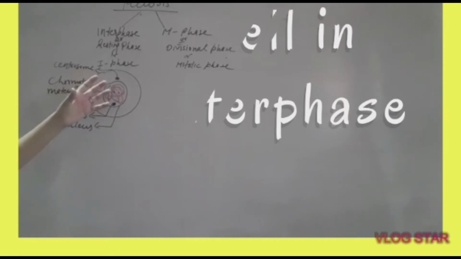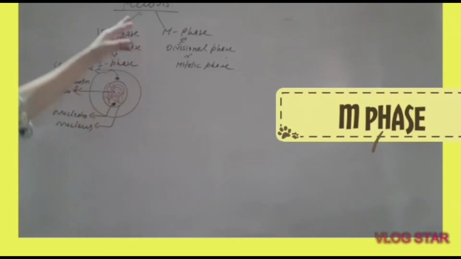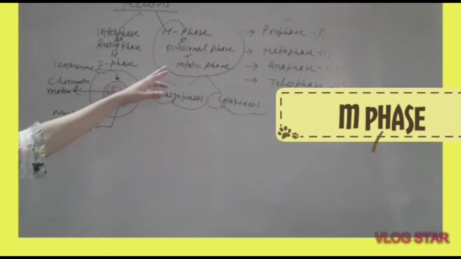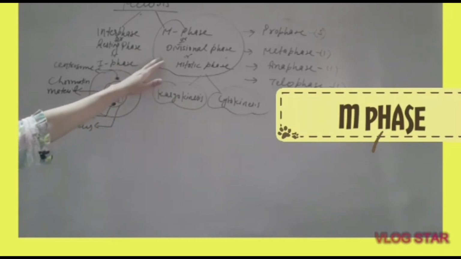How does it prepare? It grows in size, duplicates the DNA and synthesizes RNAs and some proteins, amino acids. Then after completing the interphase, it now enters into the M phase. And M phase in meiosis has several further steps. M phase further gets completed in two steps. In M phase, the cell has to finally divide.